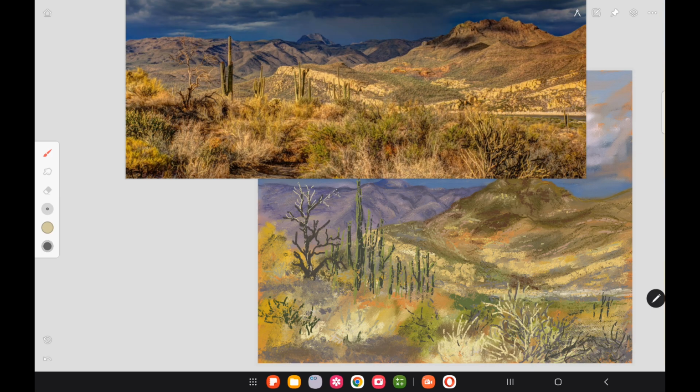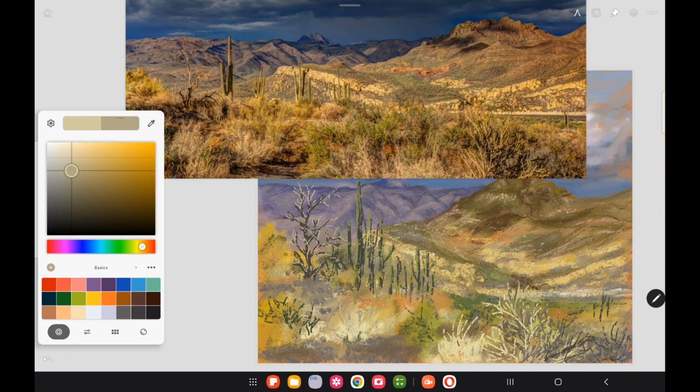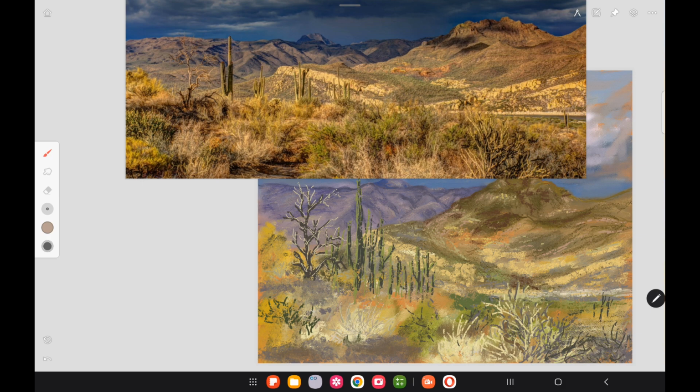I want to highlight the light side of the tree, the side that the sunshine is hitting. And so you would use white acrylic gesso with a touch of ultramarine blue and cadmium orange when you're following along with your acrylics. And so you just want kind of a light gray color, if you're doing this in Infinite Painter. And I'm trying to use the stucco brush just to give it a